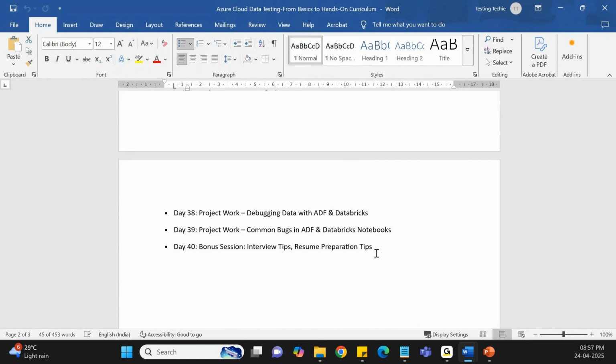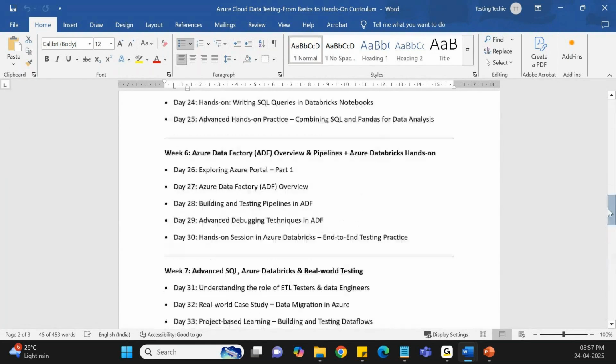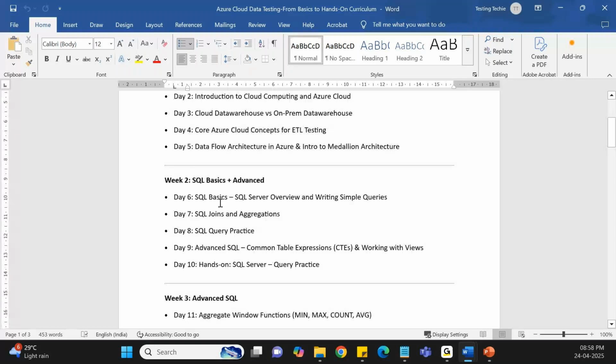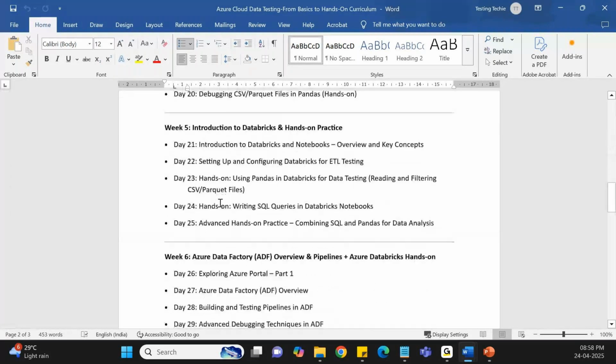So, do you have a setup for doing all this? Yes. For the SQL sessions, we will be using SQL Server, building the pipeline. We need to have some set of data to load into the target. I will be sharing the use cases as well as the data set during the sessions, and you guys can adopt it.